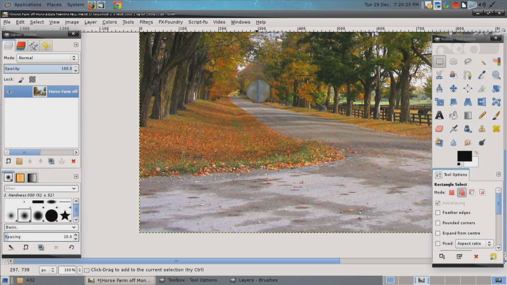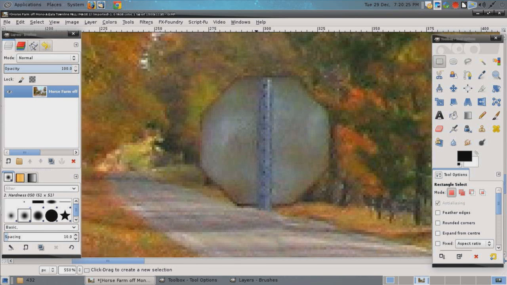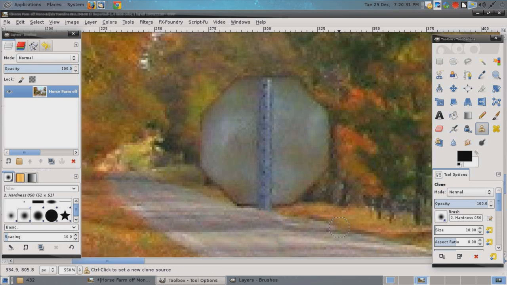And now the hardest one is probably going to be this stop sign floating in midair, because how do we recreate trees now? So now we've got to get creative. We've got to imagine what would be behind it. Again, we're going to use this trick of grabbing the edge where the road meets the grass, and I'm going to drag up, click and drag, and I may have to do that a couple times. Then grab some of the road and fill it in there. So then we've got a fairly good transition between road and grass.